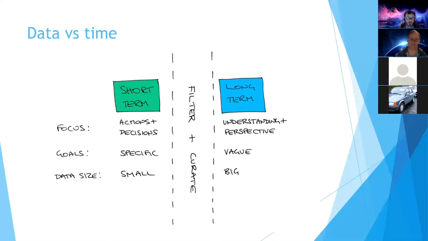Now with computers, it's different because computers have the capability of storing everything. Okay, it comes with a cost, but we can potentially store everything. And what that means is that when we're looking for meaning, we can continually reframe the questions we're asking. We can reframe the data sets we're building. We continually learn more, and we can go back to the source data rather than going back to a filtered or curated data set that may not have everything we want. And again, it's only if we've stored it in the first place.